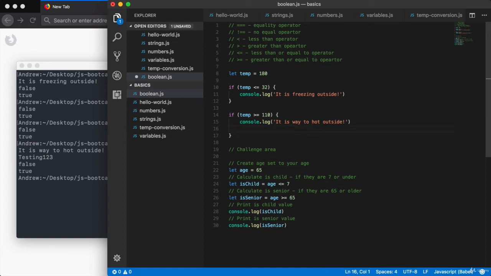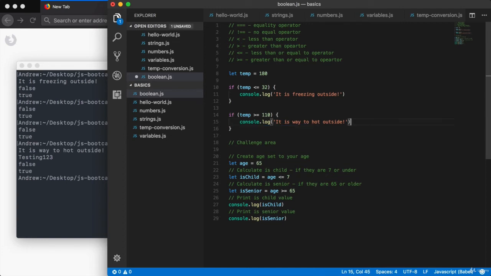For the moment, what we're doing is not too crazy, but it's important to get the basics of the if statement down before we move on to more complex examples. Now that we have 2 examples in place, let's wrap up this video by introducing a little challenge requiring you